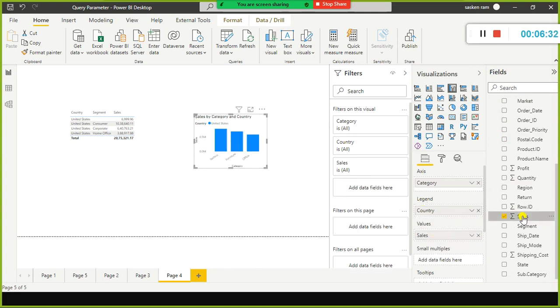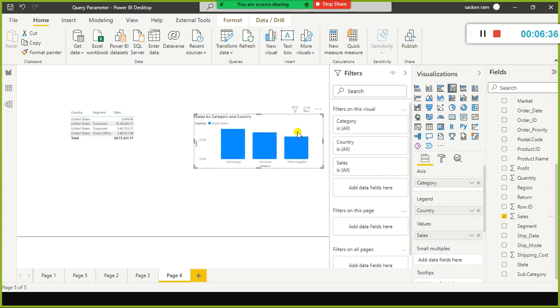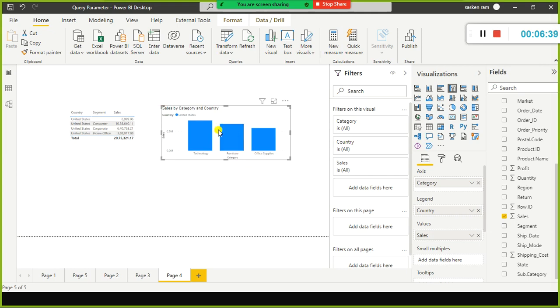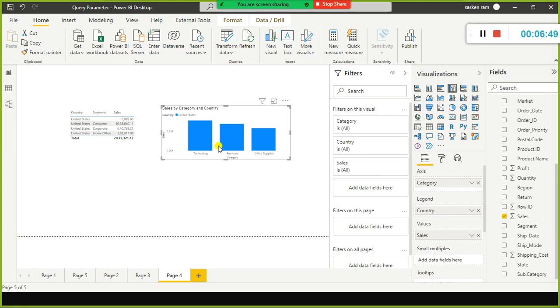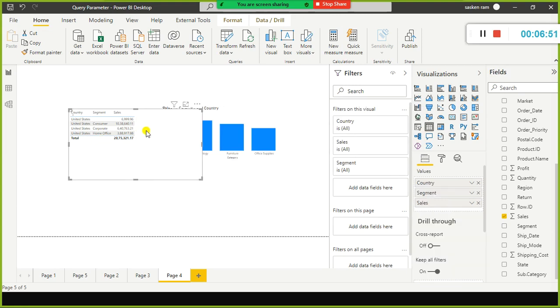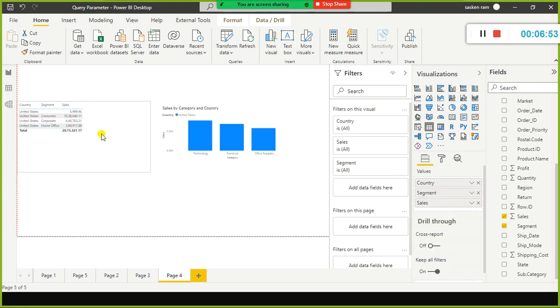I already used sales here. Why is it not showing? Yeah, sales. Look here, the legend blue color says it is United States, because we already filtered using edit parameters. The option I selected in edit parameters was United States. In that case, it shows the United States related data in all my visuals.